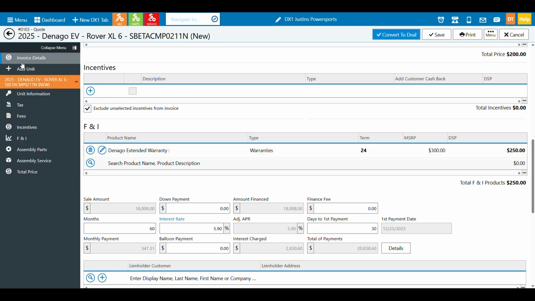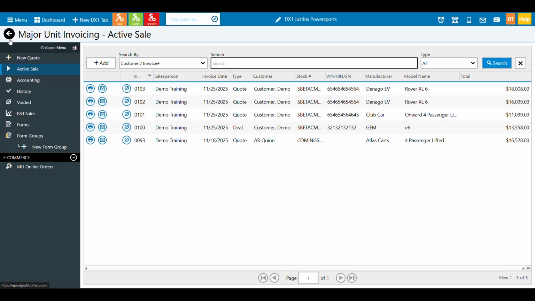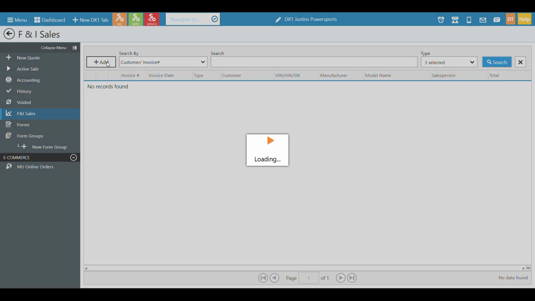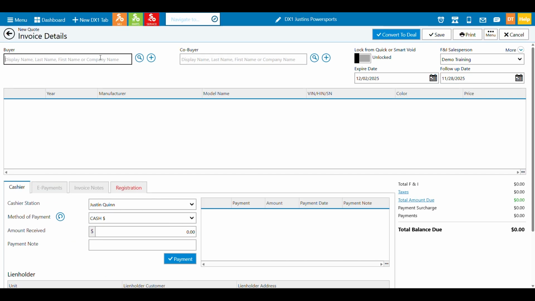Now, before we leave the F&I process, I do want to mention that you can sell F&I standalone. I know with some manufacturers, you're able to add a factory extended warranty anytime during the warranty period that comes with the unit. So maybe as your customer I didn't pull the trigger on the F&I product that day, but if I come back, maybe I've changed my mind a month later, I can come in here, click add. It'll look very similar to a deal.